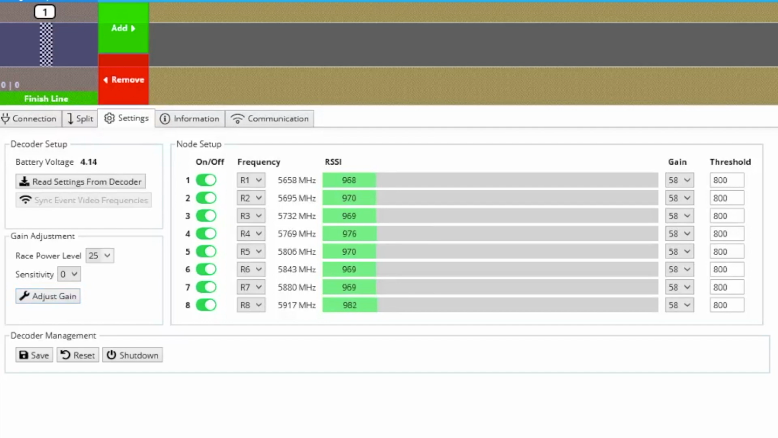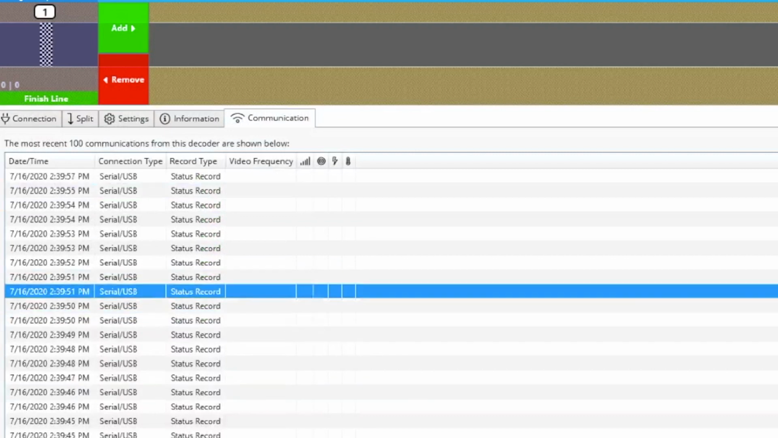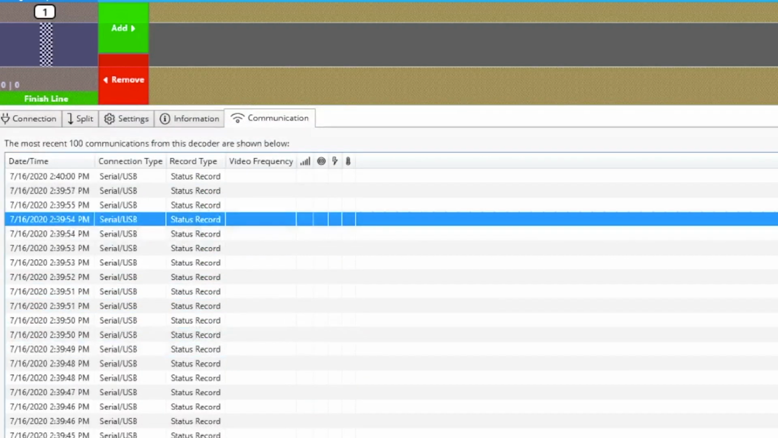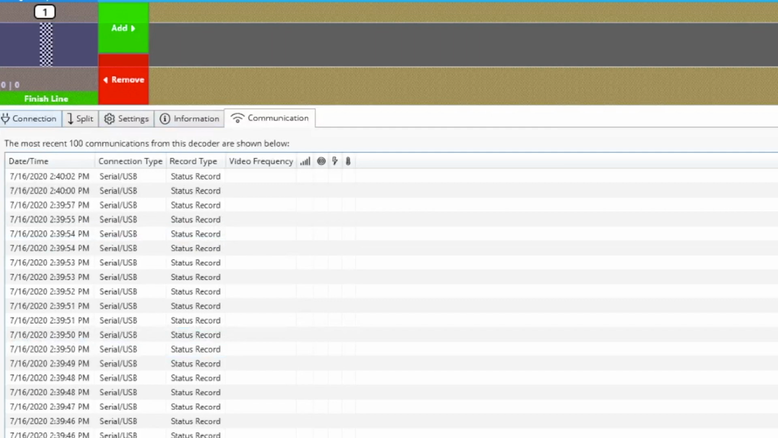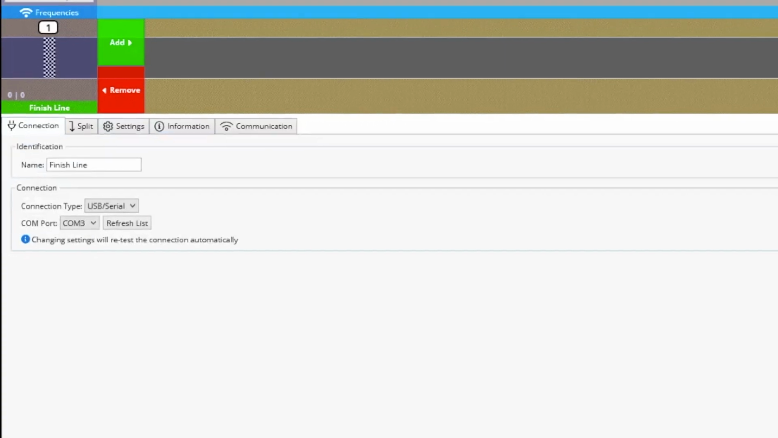Also, you should probably set your race power. So indoor racing, we're at 25 milliwatts. The communication tab just kind of keeps a running tab of the serial communication. You know, it's recording just fine. So that's how I set up the puck. So the next thing,